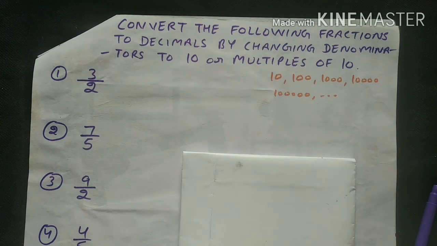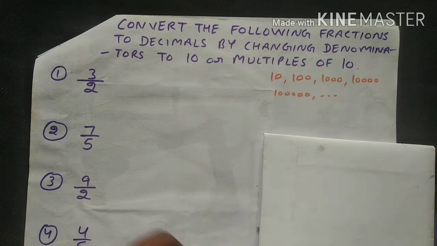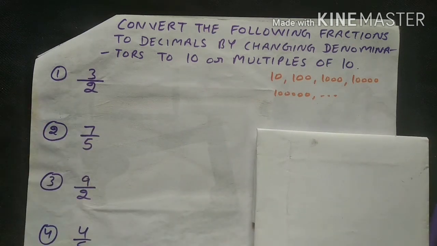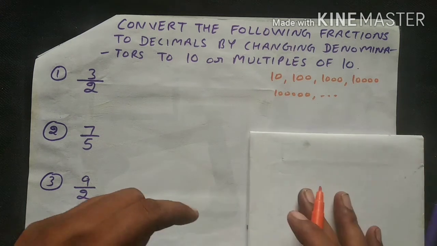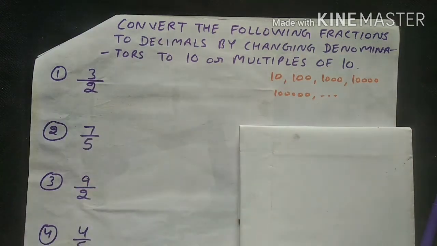So here we are not going to perform the actual division as in our earlier video. How we will perform this, you must watch in this video, and don't skip any part or any question to get 100% concept clarity. So let us start. Here you can see 3 over 2. Now you have to divide 3 by 2. But here it is given that we should not apply the actual division. Okay, so how will we do this?